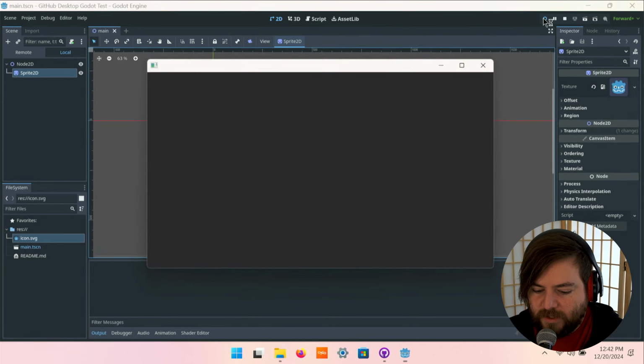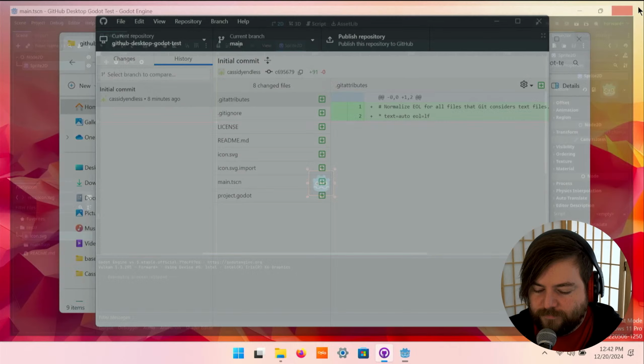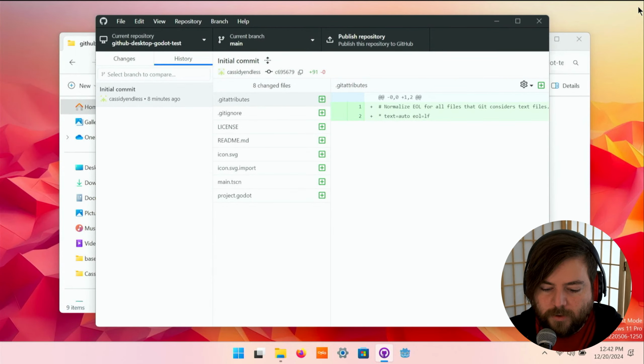If we play the game, we can see that it's a small sprite there in the middle. And then if we close Godot engine, I always recommend you close Godot engine if you're going to be switching branches or doing anything in Git, just because if you change the files out from under Godot, it can get a little confused by that and it can cause some issues. So we always save and close Godot engine itself and your project in Godot, and then do the Git stuff